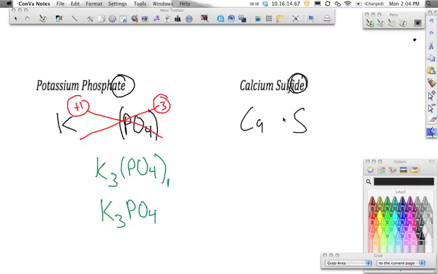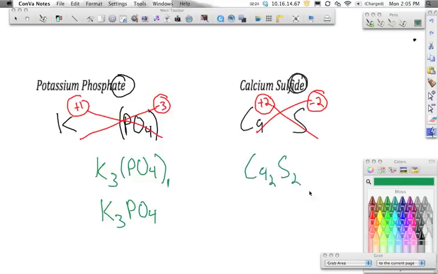From here, I have to write their oxidation numbers. Since calcium is in group 2, it has a +2 oxidation number, and since sulfur is in group 16, it has a -2 oxidation number. And what we're going to do is bring these down to the bottom. Remember, don't worry about the charges. And what we get is